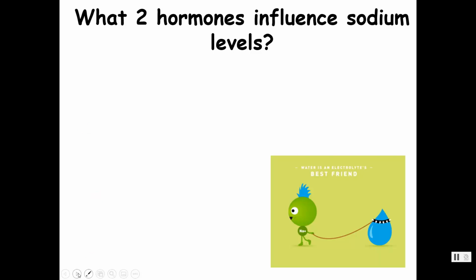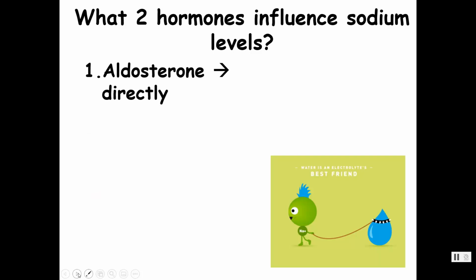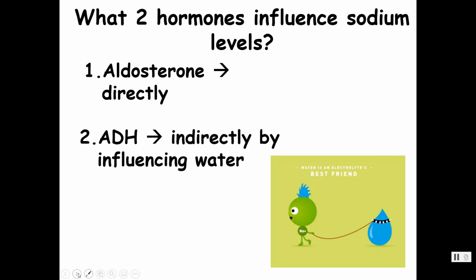The number one is going to be aldosterone, because we know that aldosterone from the adrenal cortex is going to cause sodium to be reabsorbed at the distal convoluted tubule and collecting ducts of the kidneys. What's the second one? Oh, you're so smart. I'm imagining you just being brilliant. Yes, ADH, antidiuretic hormone.